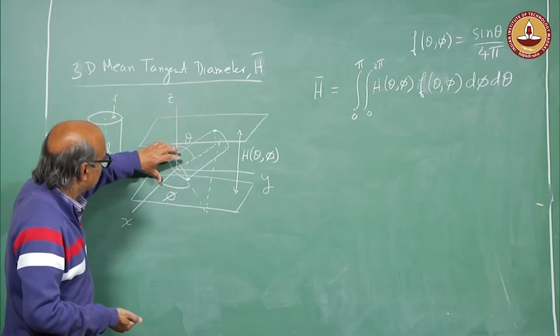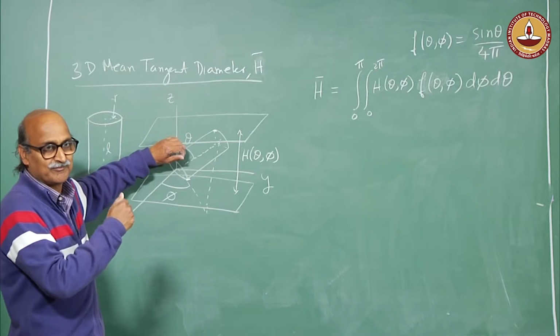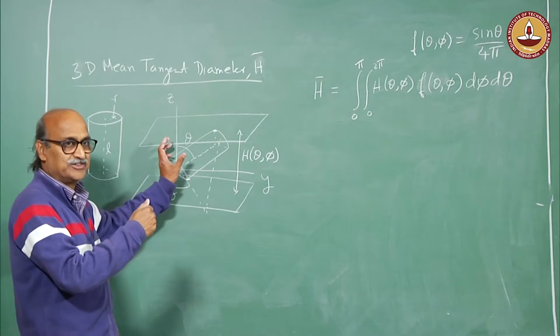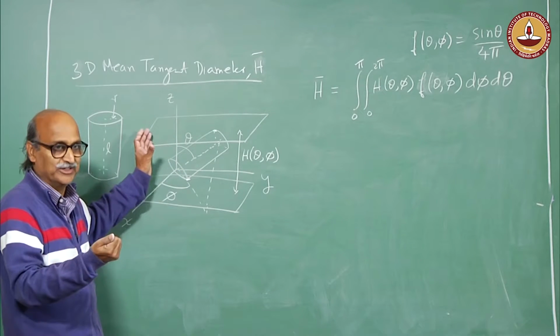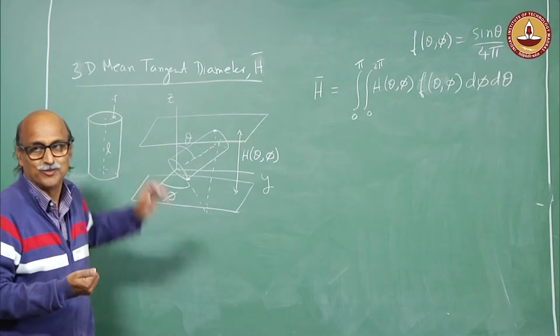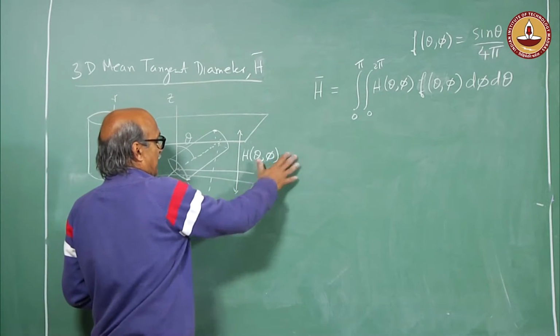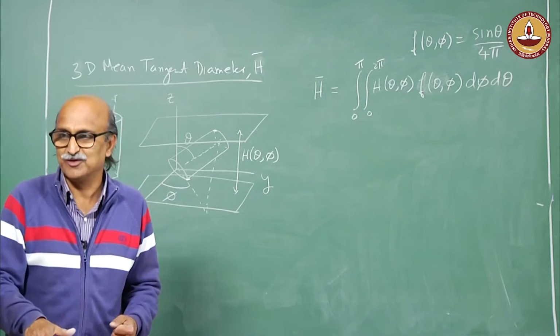Let us say if I keep theta as 90 degrees and let phi vary, it does not change. If I keep theta as 0, it does not change with phi. If I keep theta anywhere else, it will not change because of the symmetry of this object. So, it will be independent of phi, it is only going to vary with theta. So, we have just now reduced the scale of the problem.